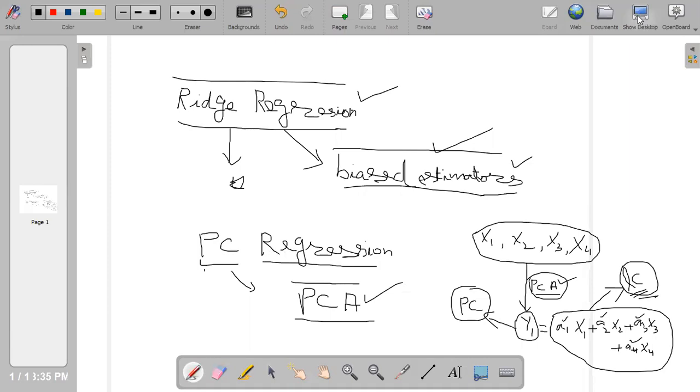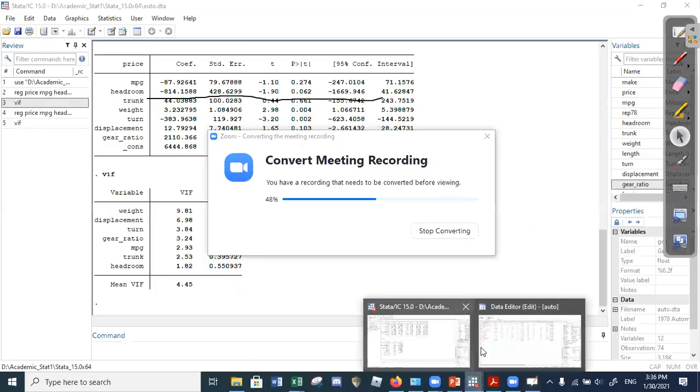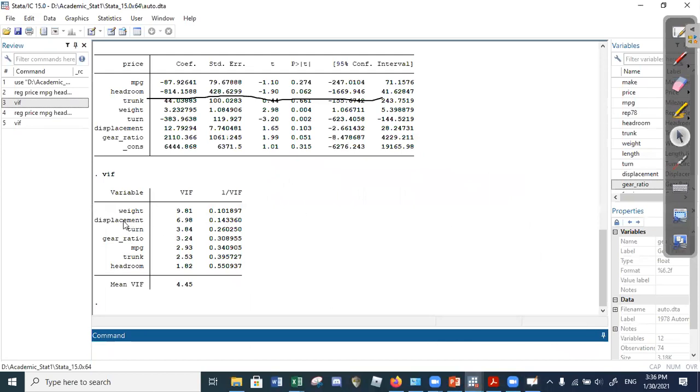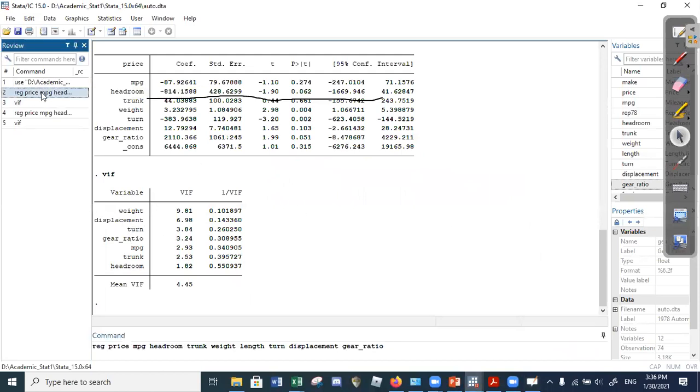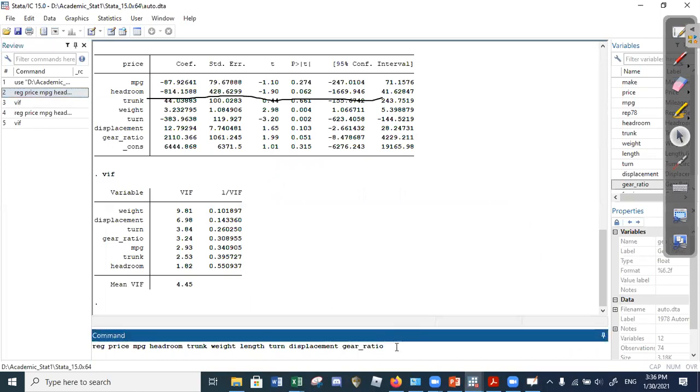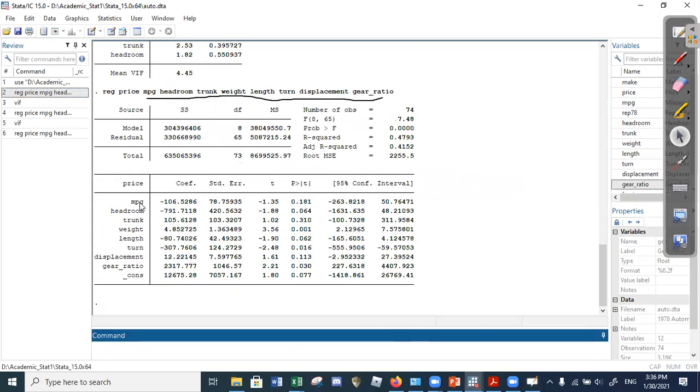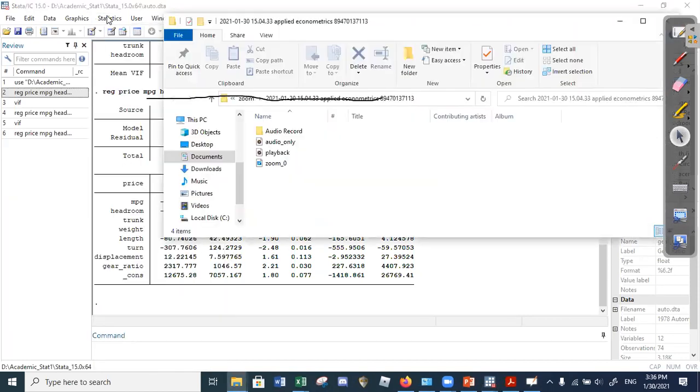So in the given case, if you have fitted this model in which weight and length were both there, and you don't want to drop weight or length, and you cannot increase the sample size, etc. I think there is again going to be an internet issue. So it says that, for example, if you go to statistics,